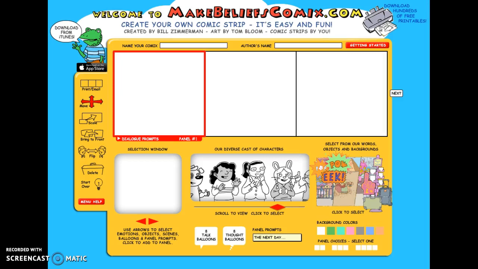Welcome to this tutorial on Make Beliefs Comics, which is one of the choices for the digital choice board for this project. It's a great site to use to tell a story. It can be used for many different projects. The website's fairly easy to use, and once you've completed your storyboard, you'll want to go to